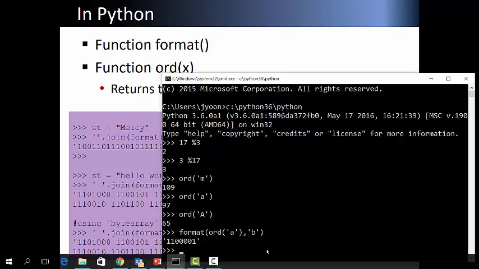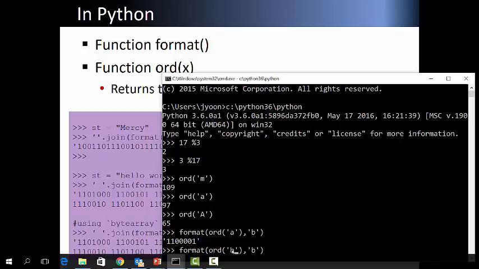If there's a small b, then it is one higher than that, right? So can you explain what is the binary code of small b by knowing the binary code of small a?